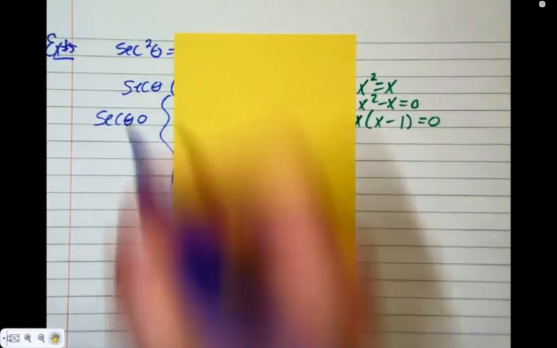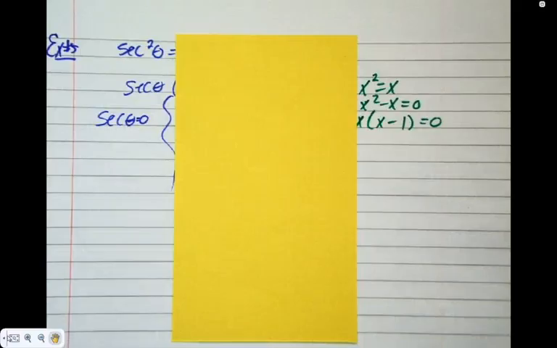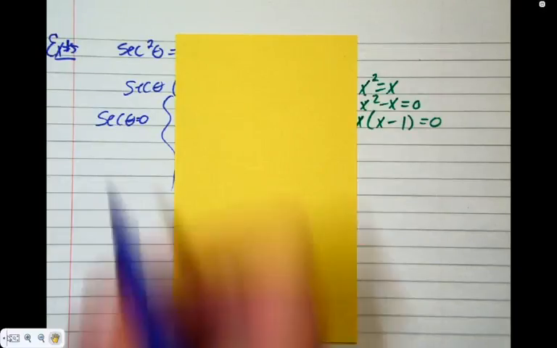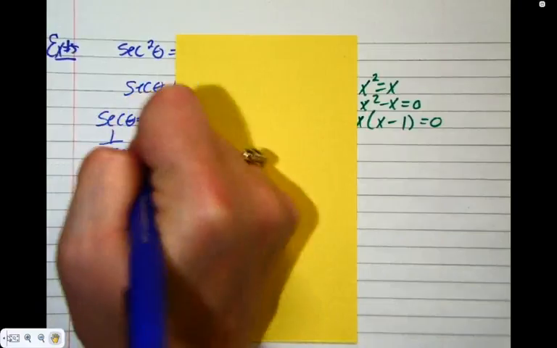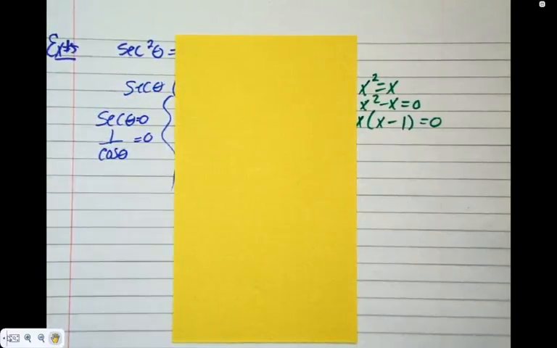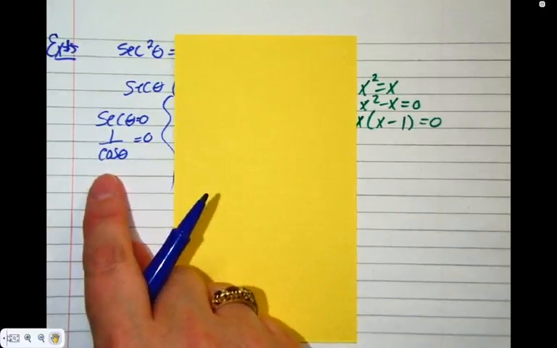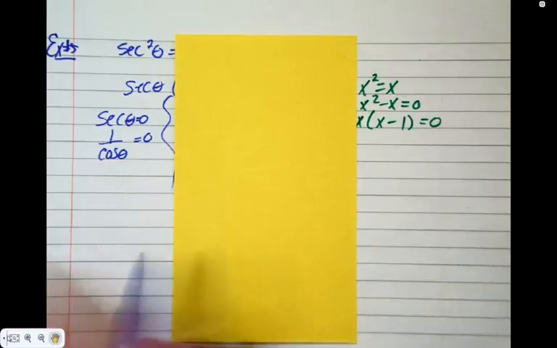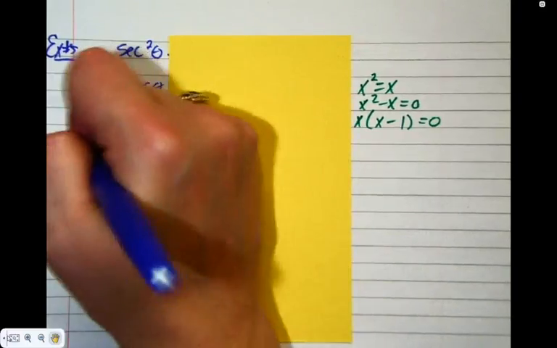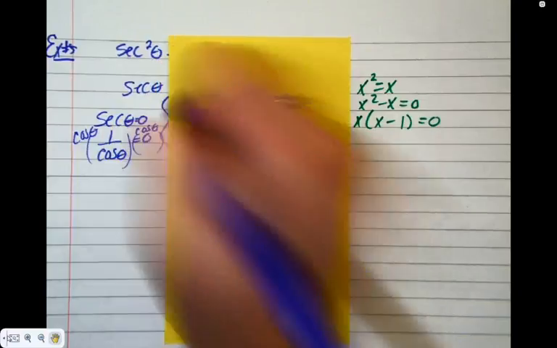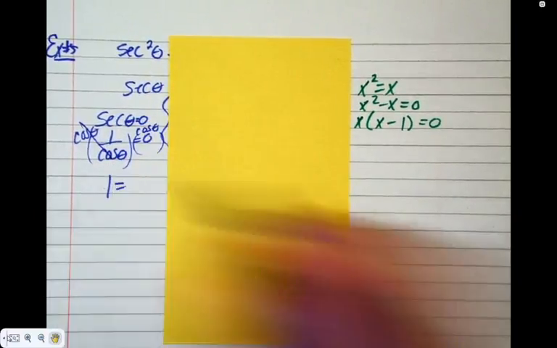Covering the right, I'm just going to look at the left. What do I do with secant? You're going to turn it to its friend, and secant is dating cos. So I'm going to throw in 1 over cos. Why did I put 1 over cos? Because it's a reciprocal function, so secant equals 1 over cos. Okay, how do I get rid of a division by cos? What's the opposite of dividing the left-hand side by cos? Multiply each side by cos. So times cos, times cos. So I get 1 equals